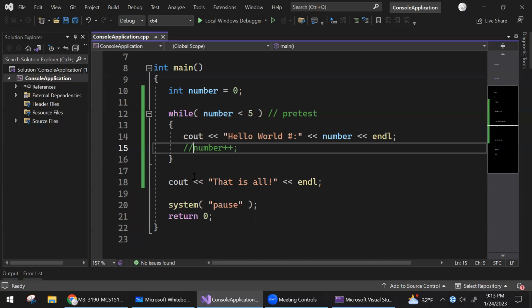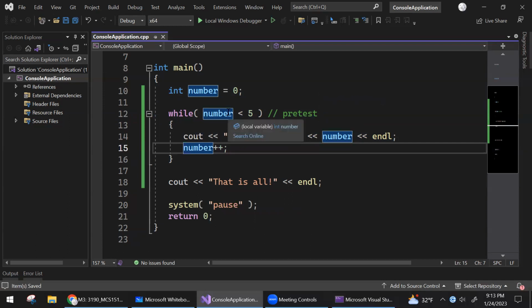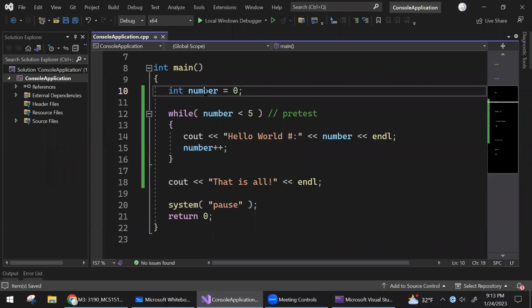A good use, now this is an example. A good use, or the most used cases for a while loop, is to basically validate something. You want to validate: while it's invalid, try to fix it. While invalid, try again. For example, if I'm asking the user for a grade, a test grade,